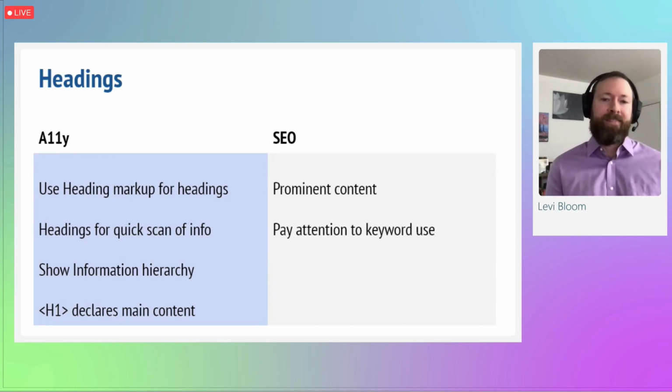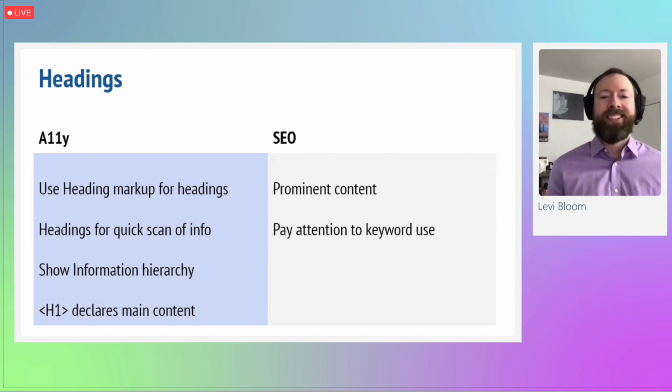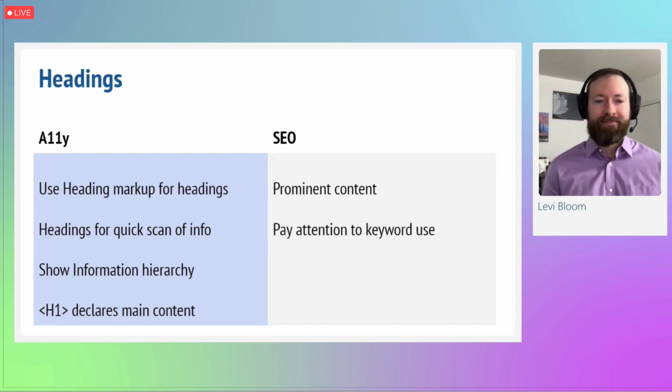As opposed to a bunch of keywords in the site's footer in a very small font size, or worse, keywords the same color as the background. The days of sneaking keywords into your site like that are long gone. And that's good news for accessibility, as Ritu will explain shortly.